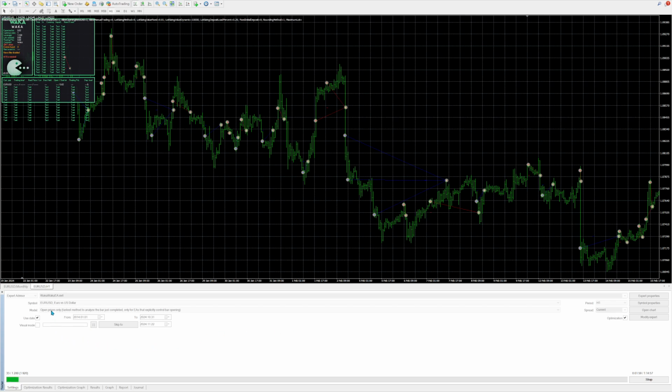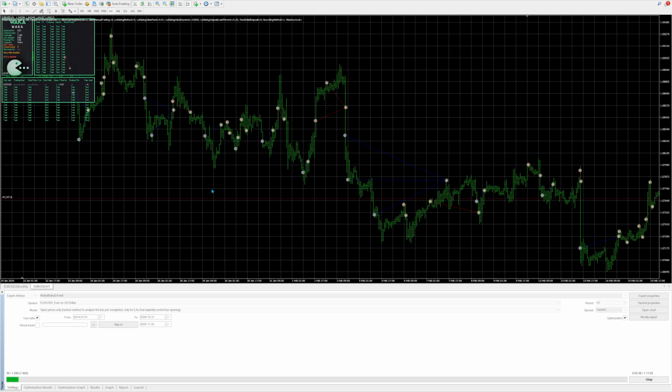And this is open prices only as well, which is the fastest method. So you could only imagine how long it would take if you're using every tick. Okay, it's going to take a long, long time. Sometimes if I'm testing an expert advisor, I'll either leave it running on my machine overnight during the weekend, or on my VPS, I'll just have it running multiple optimizations on there. And sometimes I can leave them for days on end,